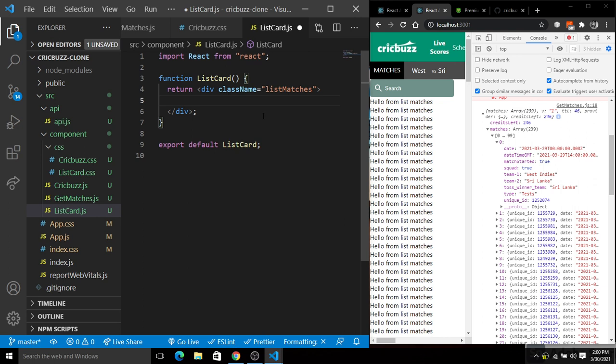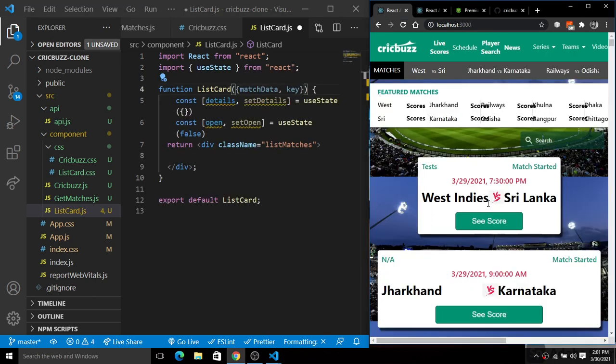I'm going to simply refresh this, or will simply show you. So initially set open is false, so that's why it is closed, and you will not see a score there. So when you click on this, it will be true and you will see the score there, right? So this is the functionality of the open, set open, and then set close there. Now next we have to create this card there. So how we will create this card?